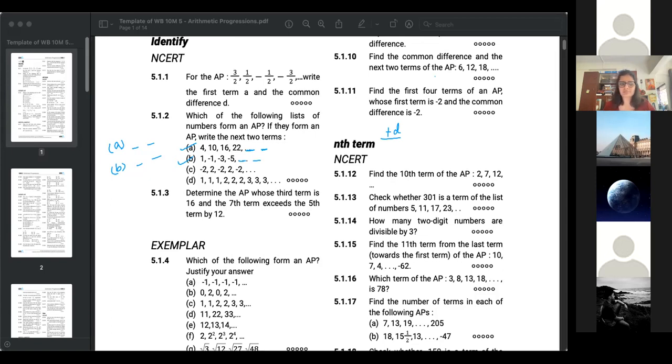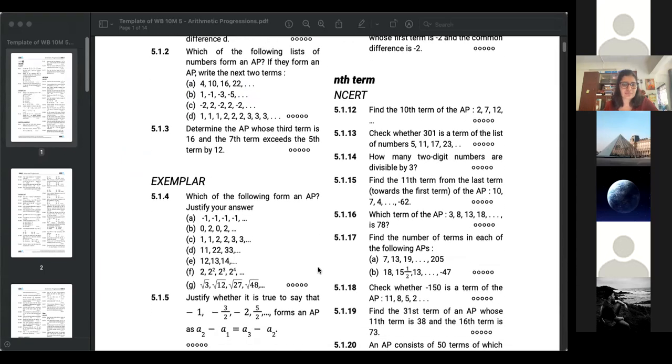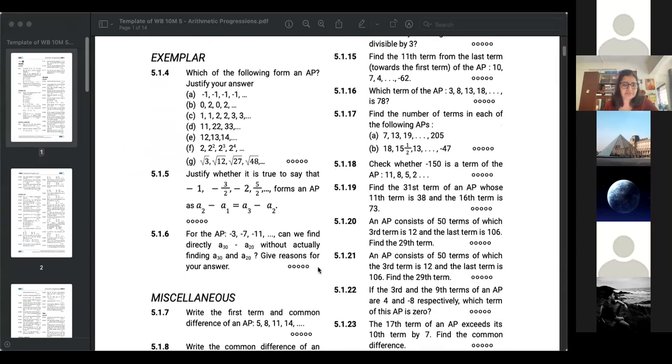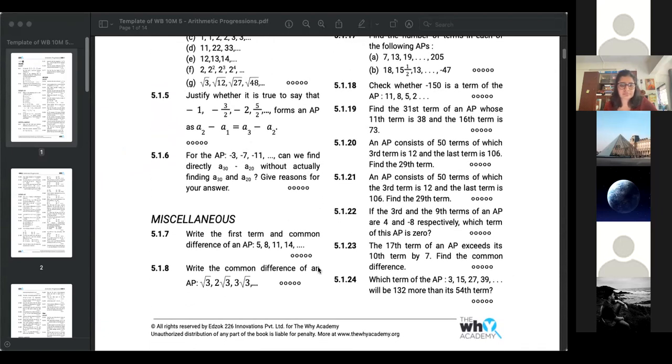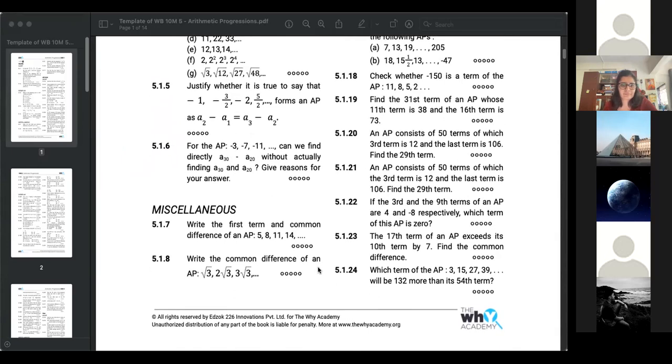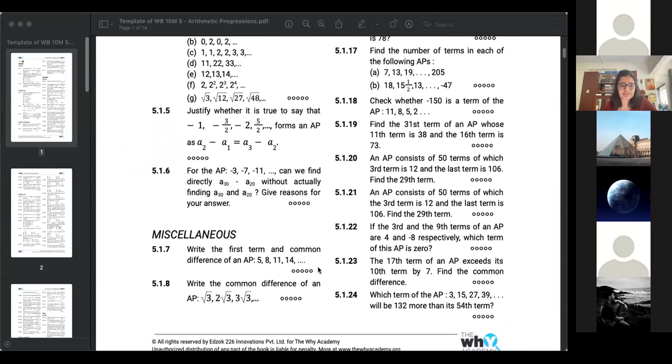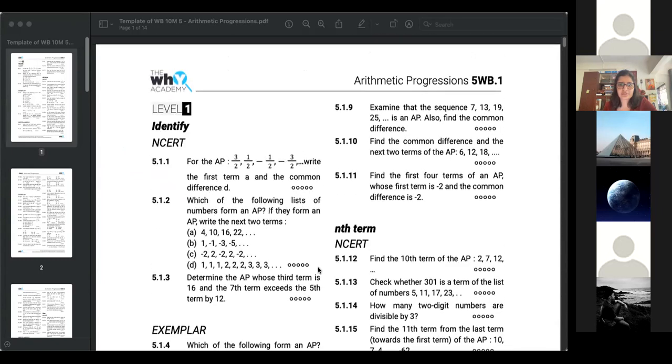How do you find this chapter, Anirban? Easy, difficult? Medium. Okay. All right. Basics are coming. So the absolute basics of AP you guys know. Question 3 is slightly more complicated. Let's not touch that right now. Question 4 is again similar. First term, common difference, up to here you guys can do it.